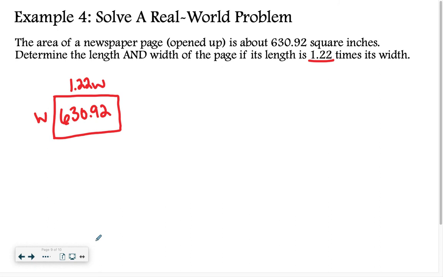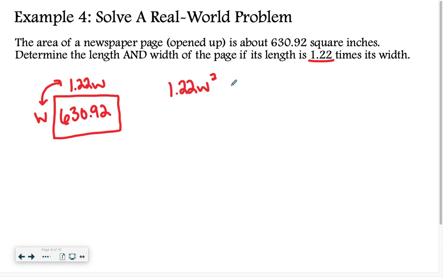And how do you find the area of a rectangle? This is the point in the year where sometimes students are so overwhelmed by all of the symbols that you're learning that you forget some of the basics. So just a reminder, the area of a rectangle is length times width. So that means, yes, we are going to multiply these two numbers together. So 1.22 W times W,